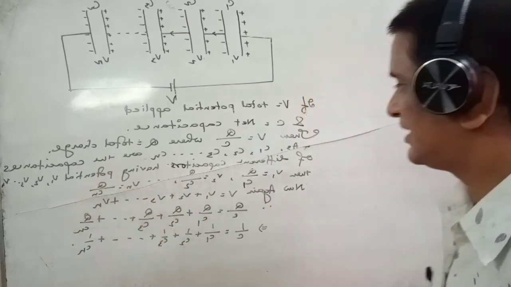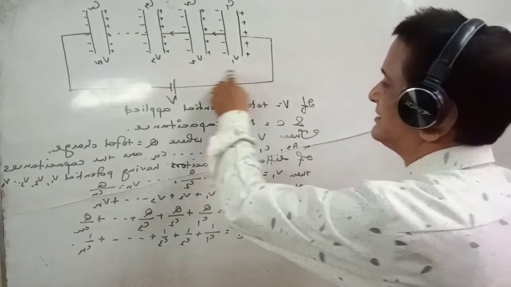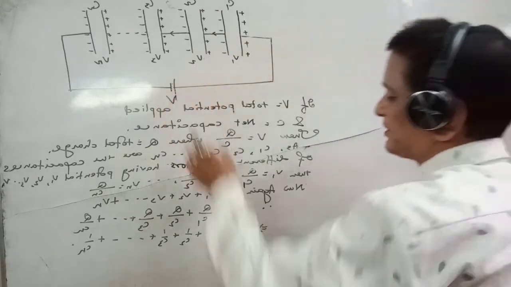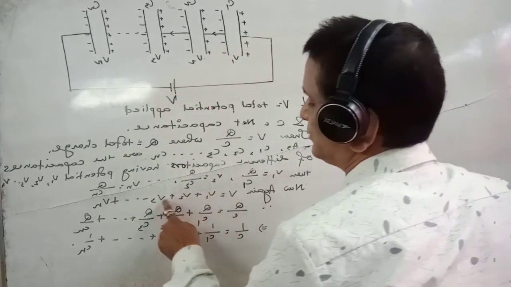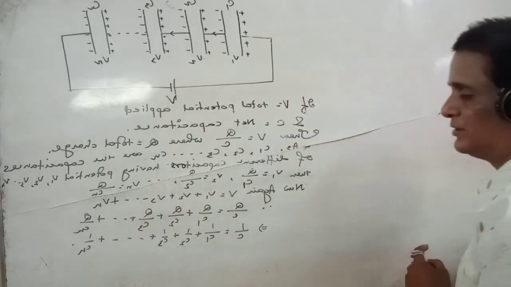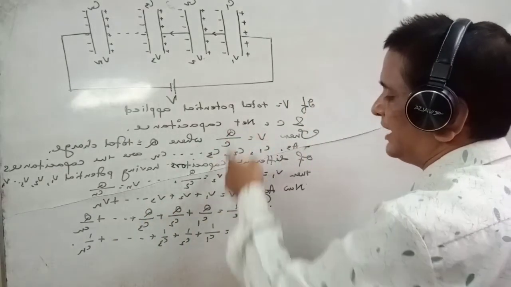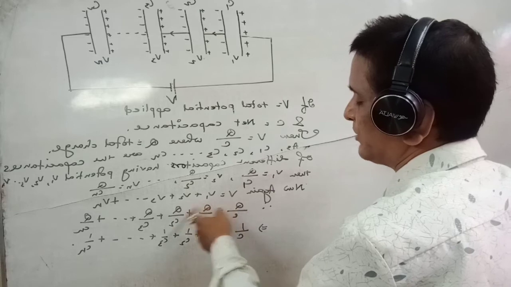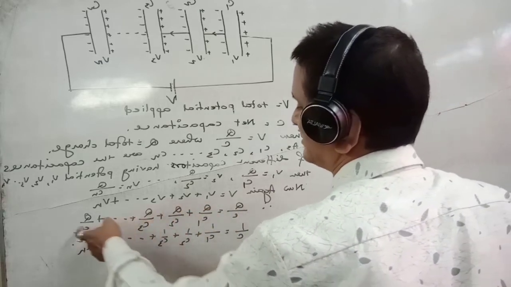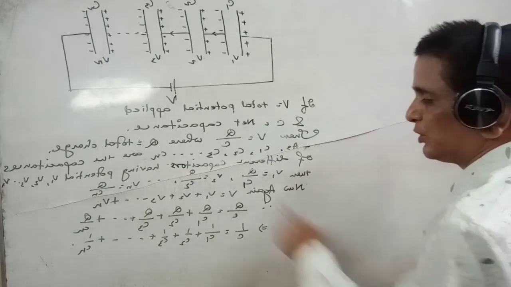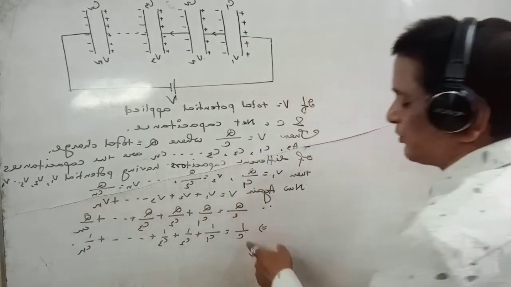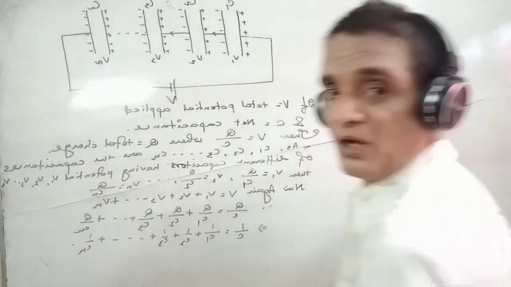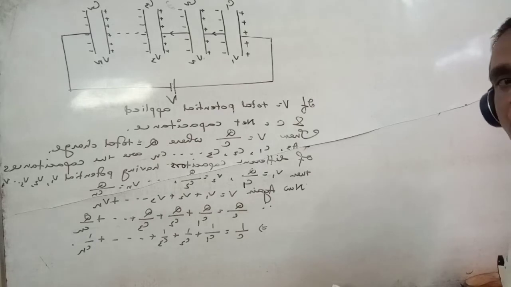And just now I told you that as these are connected in series and potential is a scalar quantity, the net potential V equals V1 plus V2 plus V3 plus Vn. So here we can put the values of V and V1, V2, V3, Vn. We will get Q by C equals Q by C1 plus Q by C2 plus Q by C3 plus Q by Cn. If you take the common Q and cancel it out, you will get 1 by C equals 1 by C1 plus 1 by C2 plus 1 by C3 plus 1 by Cn.